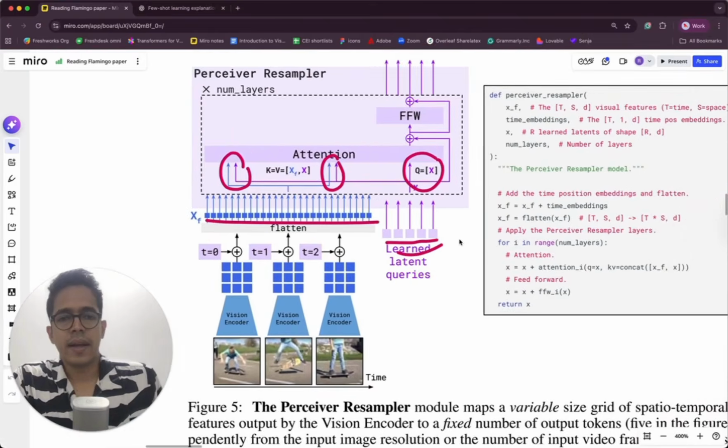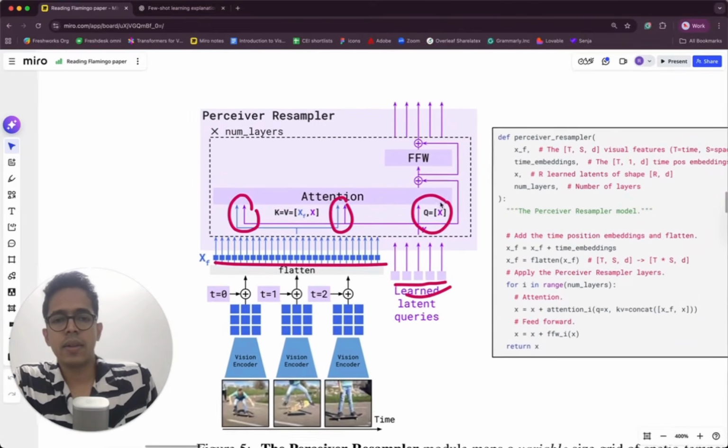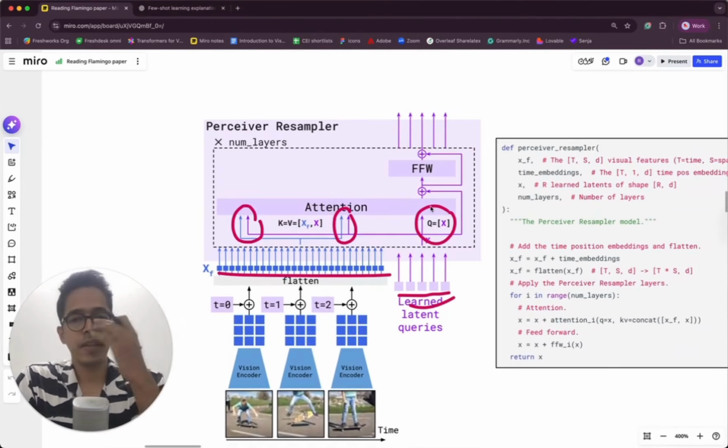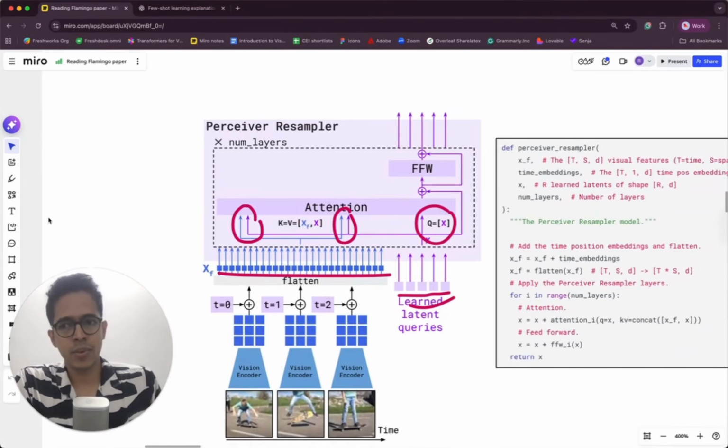Okay, and what else? Now these queries. So how many context vectors are produced, by the way? Is it 32? Is it 27? Or is it 5? It should be 5, because the number of queries and final context vectors produced should be the same. So a total of 5 context vectors are produced, and there is a residual connection going here, followed by that feed forward MLP, and then again a residual, and then these 5